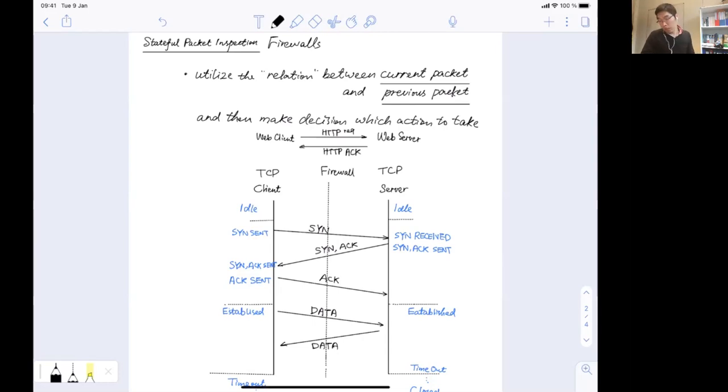That's what we as end users experience. But in fact, to have reliable communication between the client and the web server, there's some other process going on behind this. So when the web client sends some HTTP data,